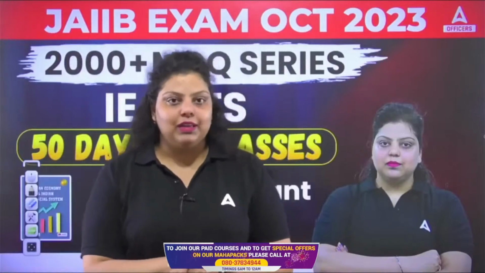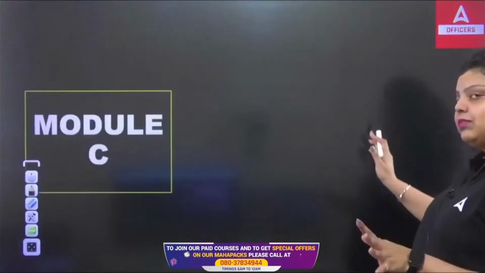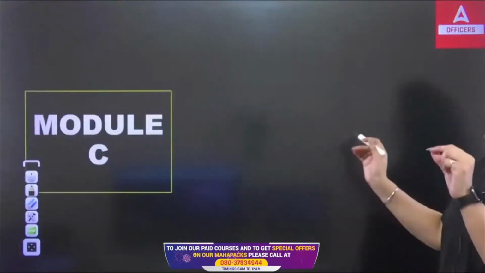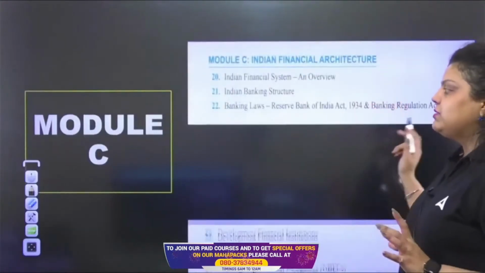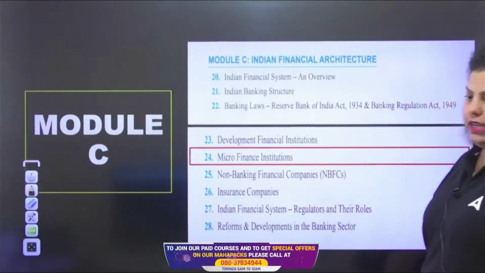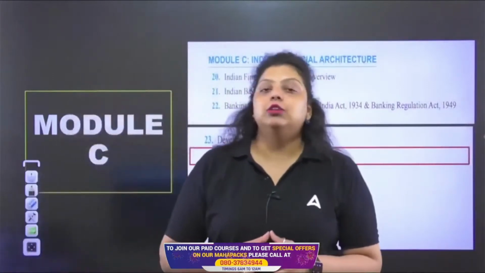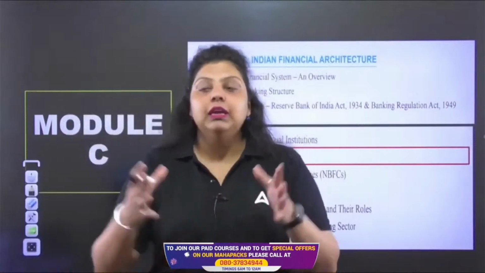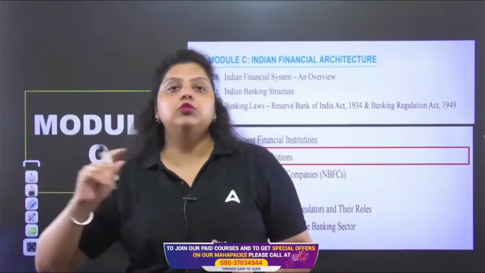Before that, I am your mentor Amanjot Kaur for Indian Economy, Indian Financial System, as well as for PPB, Principles and Practices of Banking. As I told you, there are a total of 45 units in this subject, and 19 units are in modules A and B, which we have completed. We have started module C, in which we have already covered the 23rd unit, and today we are going to cover the 24th unit, that is microfinance. Microfinance institutions are those institutions which help the financial system to exchange funds between persons who have a surplus of money and persons who have a deficit.